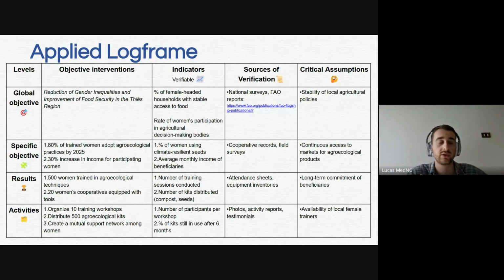So it's also a transparency thing with your donors, the people that are giving you money. And it's also flexible. It's not because you put those indicators in the log frame that they could not be changed after. They could be changed very easily if you discuss with the people that are donating the money.